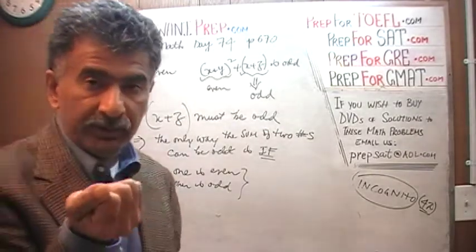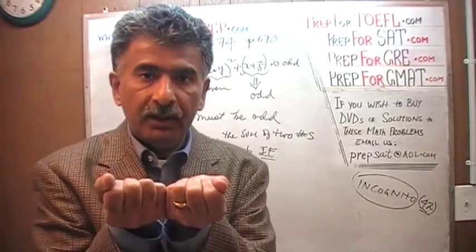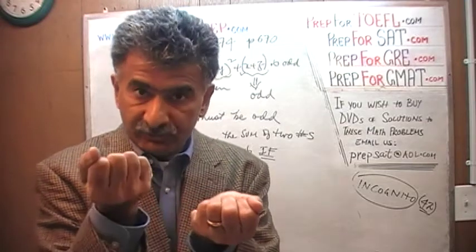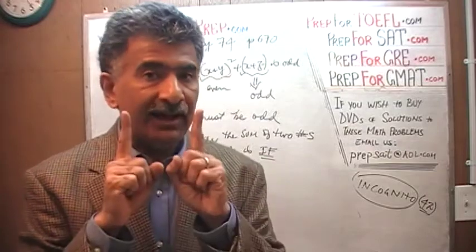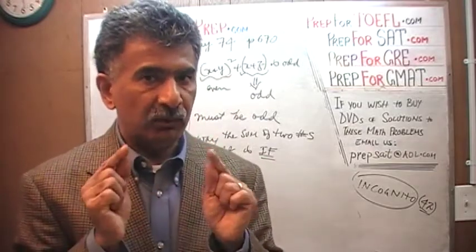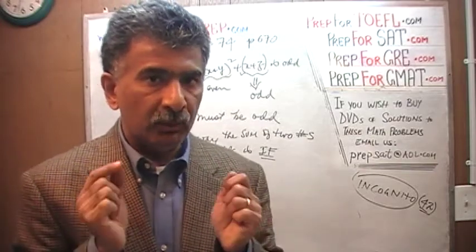If I tell you that I'm holding one number in my right hand and another number in my left hand, and I tell you that when I add them up, I get an odd number, the result, then either this one is odd and this one is even, or vice versa. They cannot both be even and they cannot both be odd. It is impossible for both of them to be odd if their sum is also odd. Because if they were both odd,